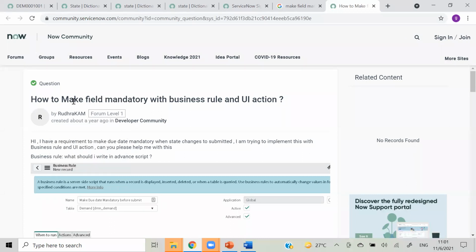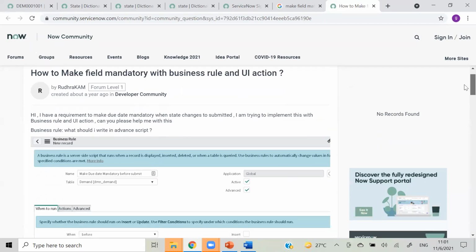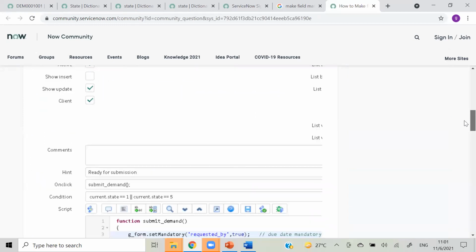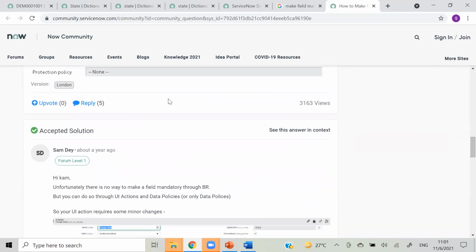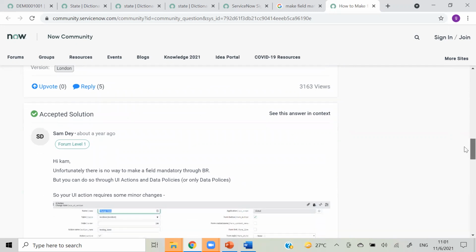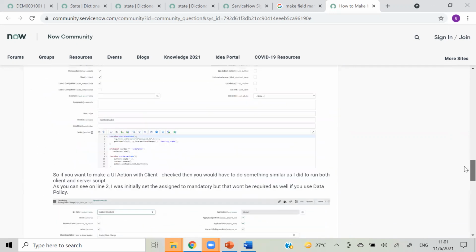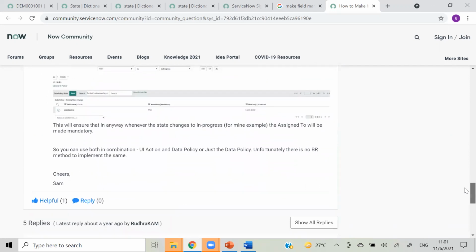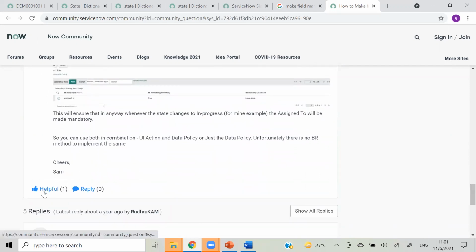So his question is how to make a field mandatory with business rule and UI action. He has written all this and provided a screenshot. On the bottom you can see there are 5 replies. You can read all those replies and get the answer from this. And here you can see if that answer is correct, then the person who worked on that will mark it as helpful.